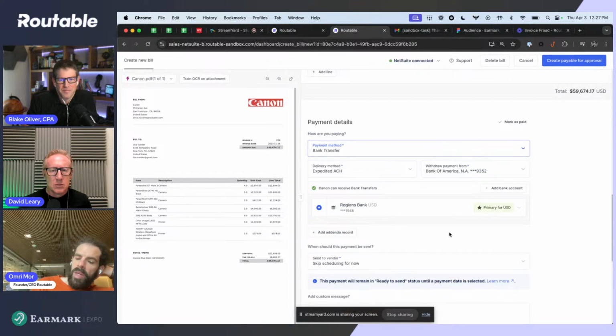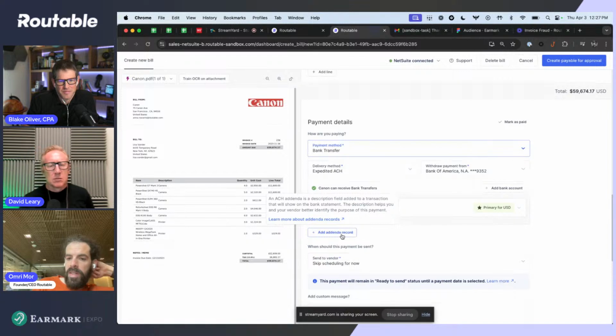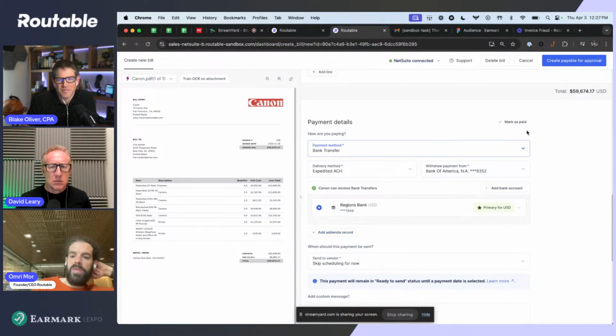So we don't want to make that too difficult. You can also modify the text on the bank transfer if you want to. There's lots of flexibility that we want to have. And then if this was already paid, we have Marcus paid, right? So you can just post this as a bill into QuickBooks, for example, and say at the point of entry,